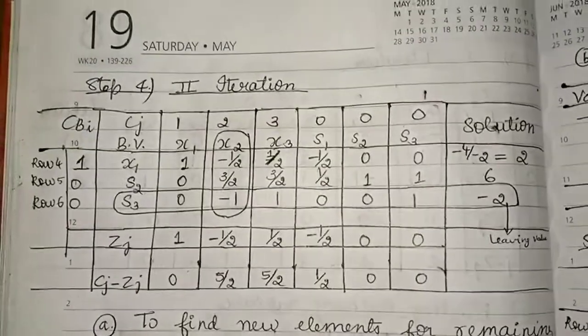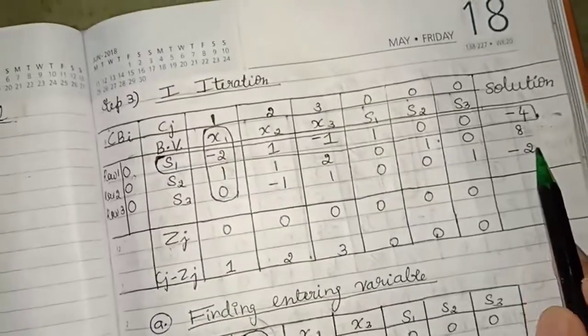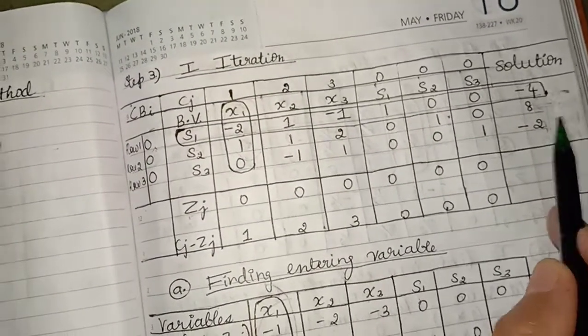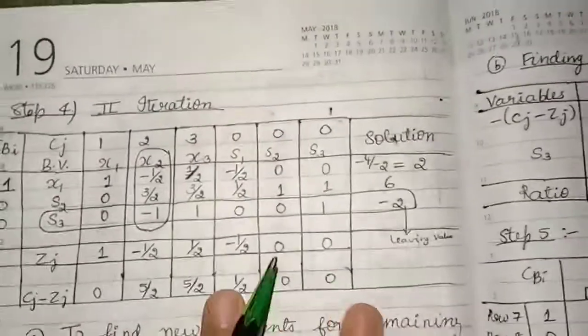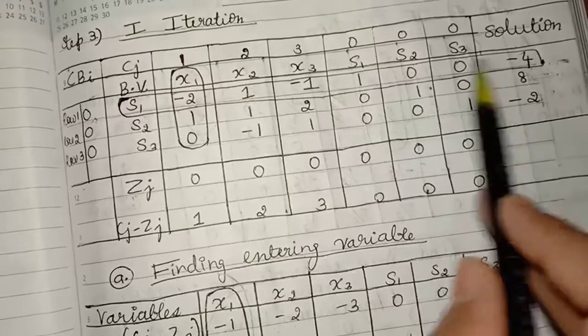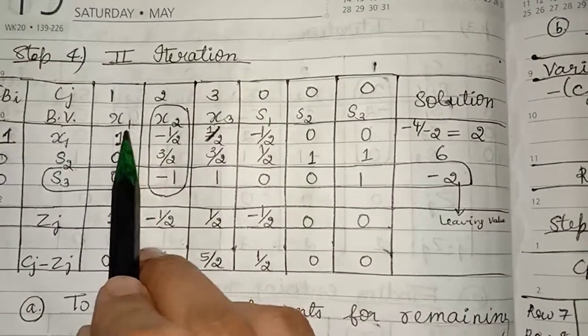So in the second iteration, you cannot stop because you are getting negative values. Unless and until you get all solution values as positive, you cannot stop the iteration. So here in the next step, you have to see the key column. This row is obtained by dividing the key element. That is, this you get it as